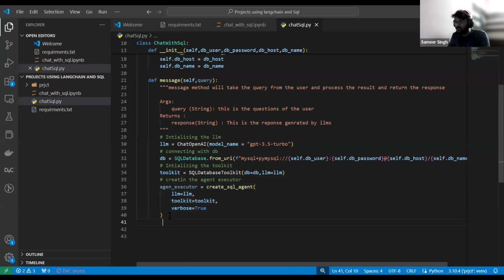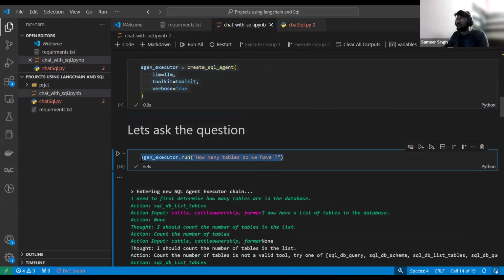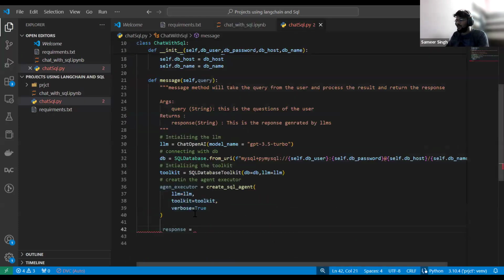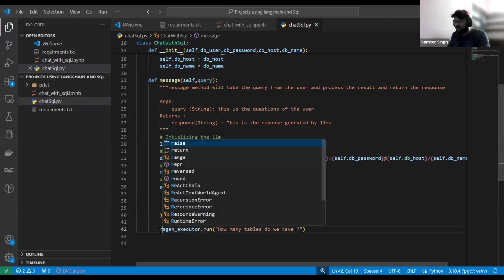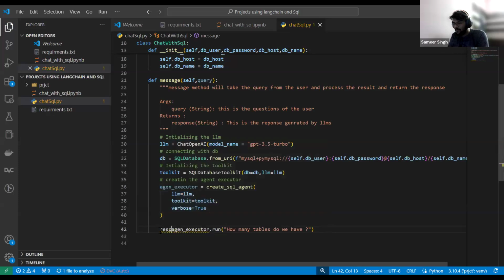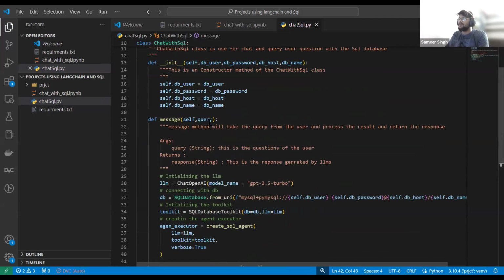Now whatever question you ask should be in the response, and you can write this code over here and store it in the response. Here it should be self dot query or only query, which I am getting from that particular method.